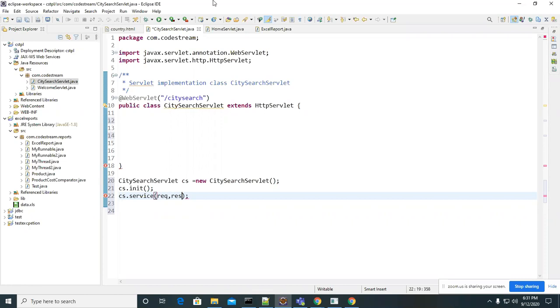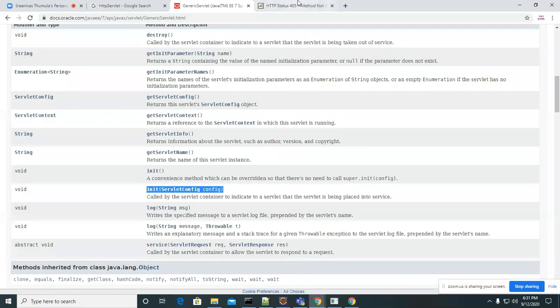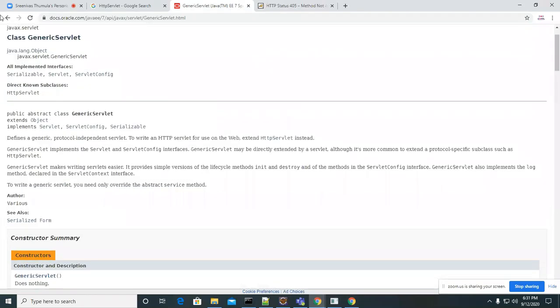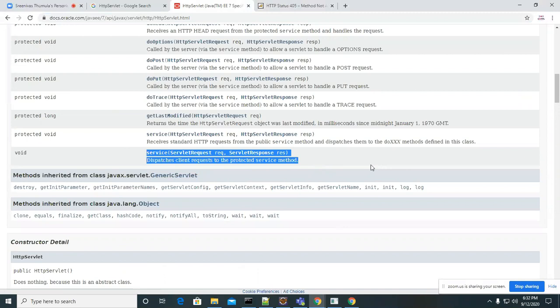Do we have the service method implementation in the HTTP servlet? Look at this. Do we have this service method implementation? Yes, sir. We have it, right? Okay, so what it does is